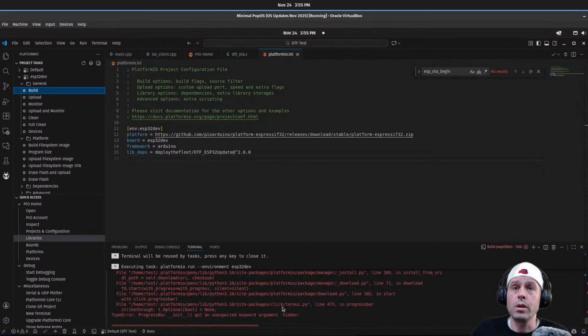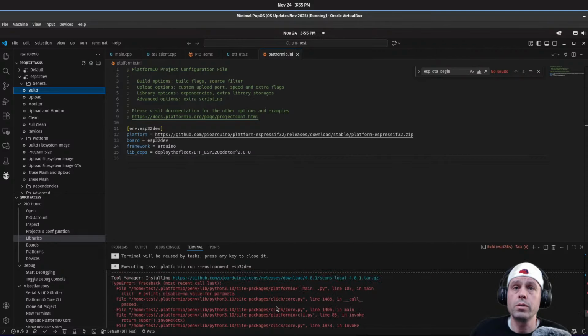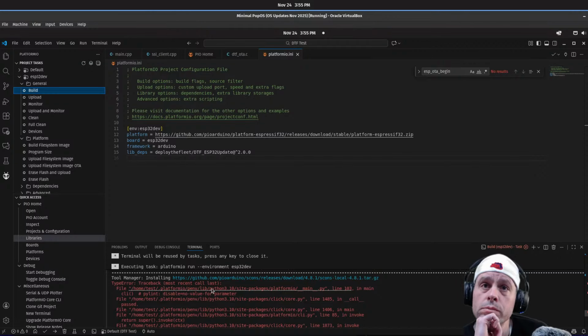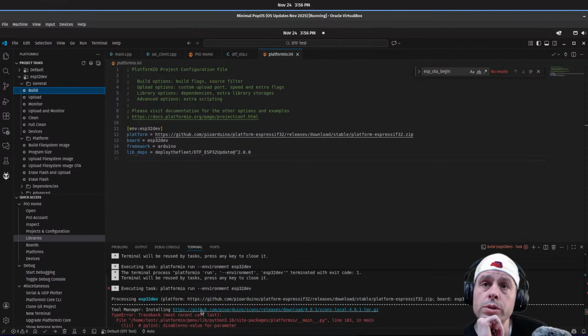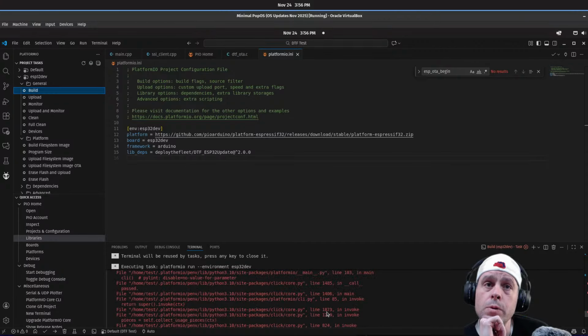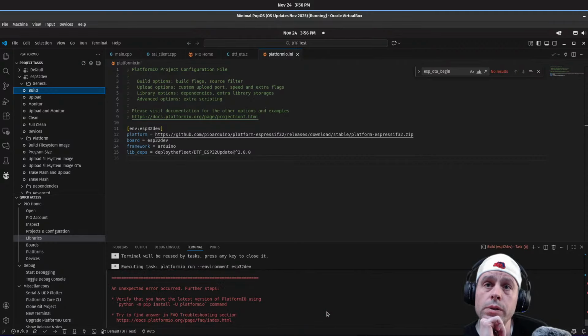Okay. An unexpected error occurred. What? Okay, scones released. I don't know what any of this is. Tool manager. Okay, I don't. Verify that you have the latest version of PlatformIO using. I do.